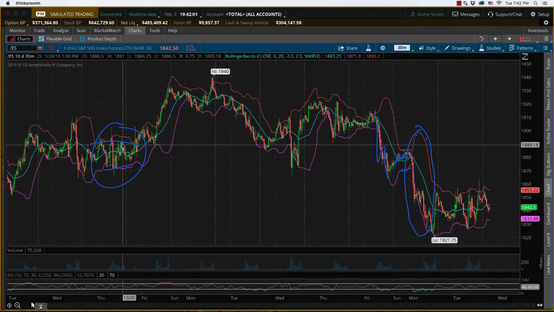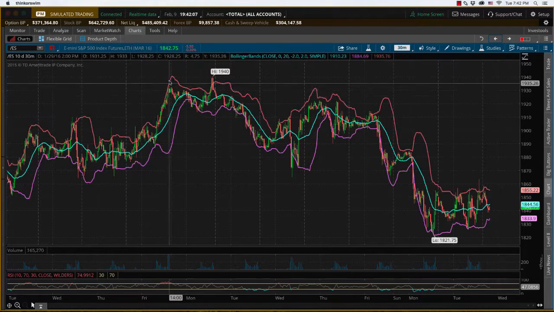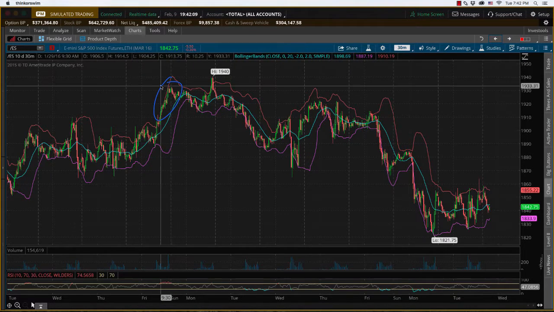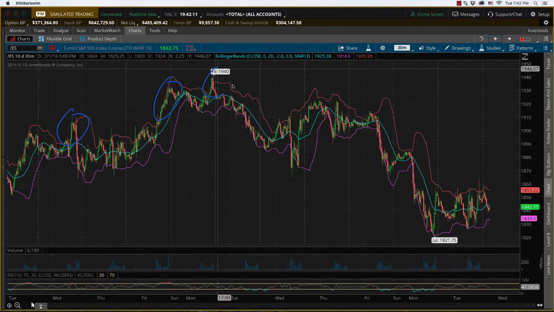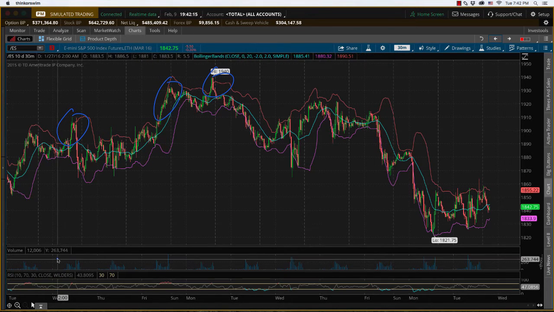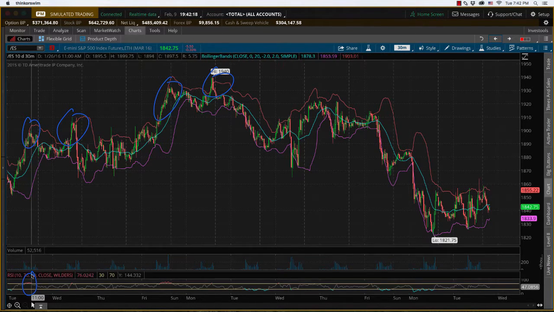Now, what we would look for in this is the probability of reversion to the mean. So if the stock starts to run and it starts trading and riding or poking outside of the top of that band, what we would look for, down here on an oscillating indicator, is a measurement of it being overextended. And we look for that overextension. And this little indicator, let me stretch it up here,